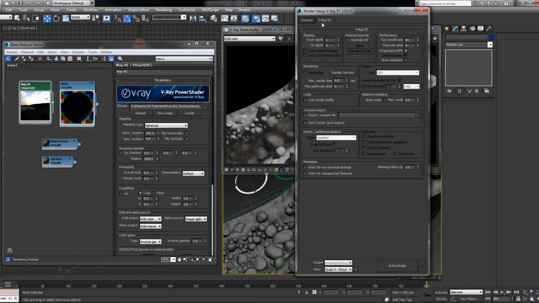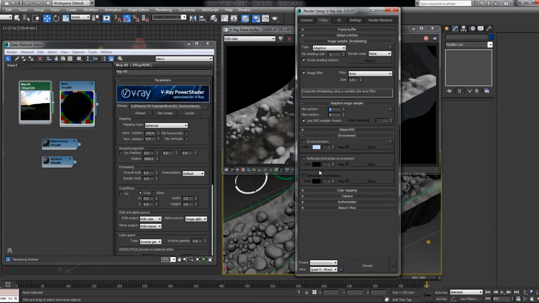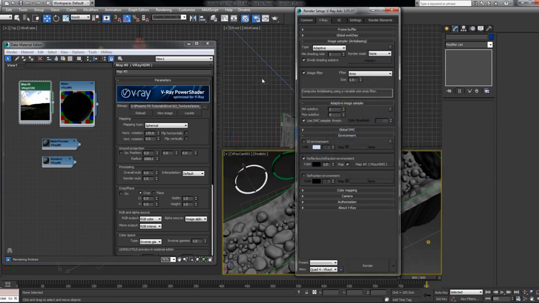Okay, come here to the V-Ray properties. I'll switch to production, and I'll apply that map to the reflections and refractions environment. And it already looks better. Okay, so I'll stop the active shade, and the next thing that I can do is actually create the caustics. So I'll close this for now,